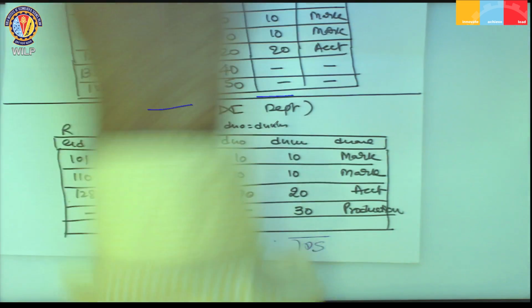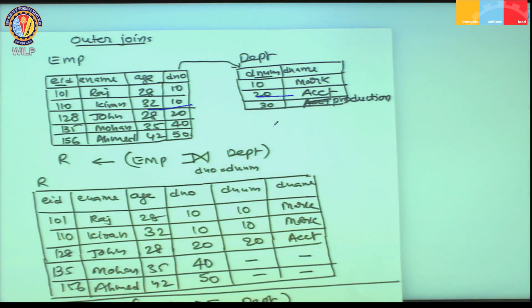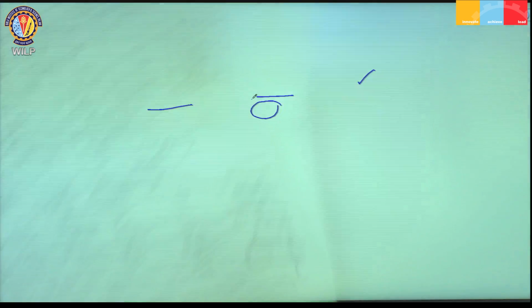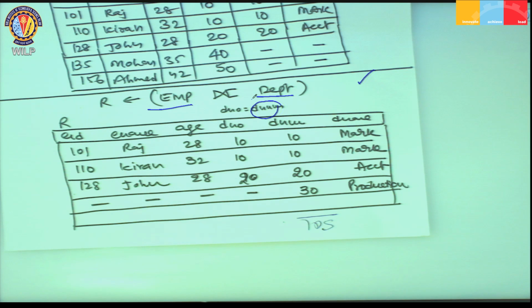If you look at the department table here, it is evident that I have 3 departments here, but with department number 30, which is the production department, there is no employee working with that particular department. And according to my requirement, I can write this right outer join. Now the employee 101 working with 10, there is no problem. I have information regarding the corresponding department, and 110 is also no problem, and 128 is also no problem. But I want to display the information about department number 30, though it has no corresponding matching tuple in the